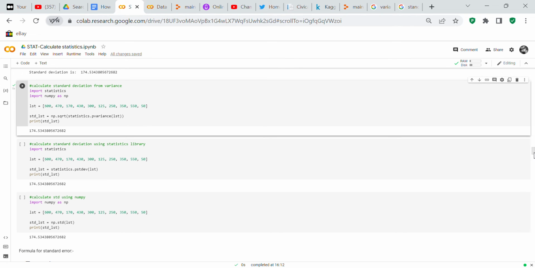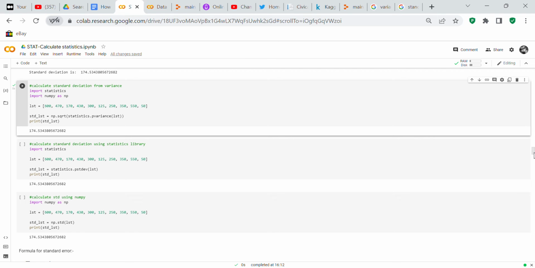So now what we're going to do is calculate standard deviation from variance, and we're going to import statistics, and then import numpy as np. So we've got a list of numbers, and std_lst equals np.sqrt, that's the square root, brackets, statistics.pvariance, brackets, list, and then you print your std_lst, and it's